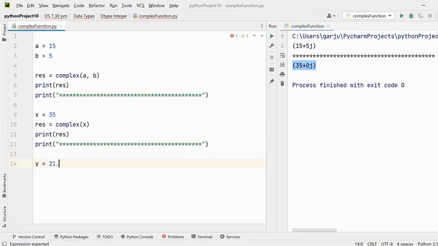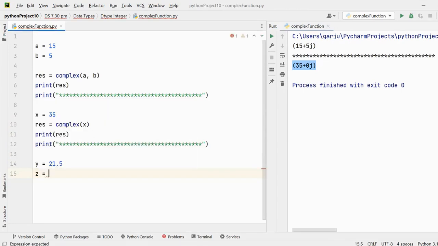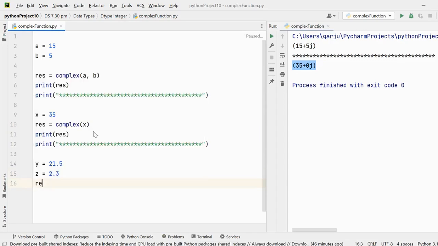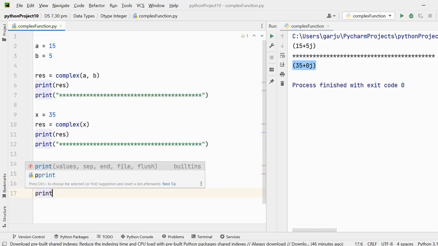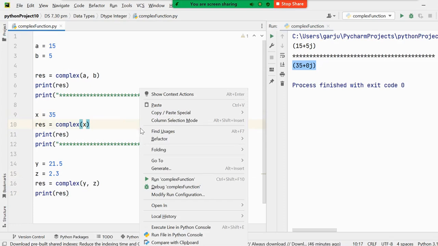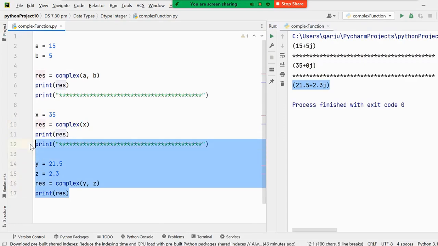21.5 is the one. Z is equals to 9 over here, or like 2.3. Now I want to convert it to complex, y comma z. Now print, we get the output. And you can use a combination of integer and